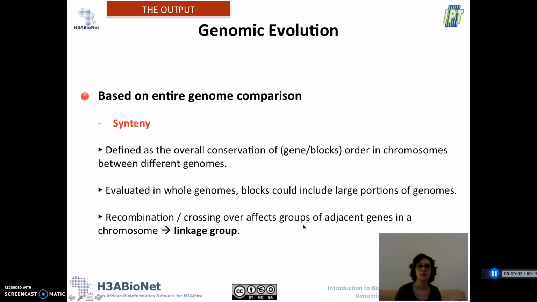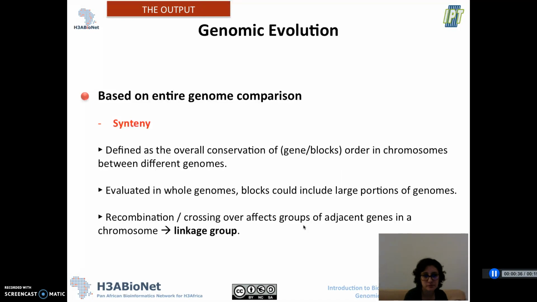So another very important notion that we can get out of the entire genome comparisons is the synteny. Synteny is defined as the overall conservation of the order in chromosomes between different genomes. And this order could be maintained for genes or entire blocks of sequencing containing these genes. So it is evaluated in whole genomes, and these blocks, as I told you, could include even large portions of